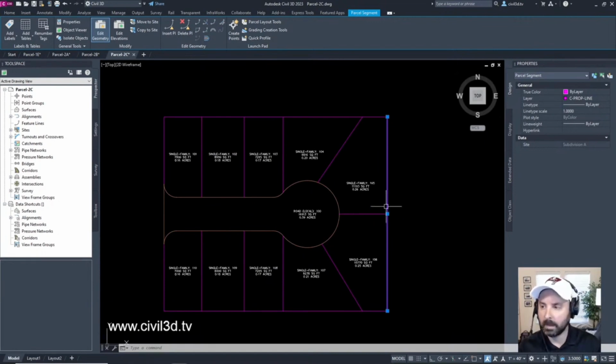Now you can see the back line now has a point of intersection, or a PI, at the point where the parcels meet. With a PI in this location, you can edit the lot line on one of the parcels without affecting the other. Okay, I think we're going to be getting into that here.